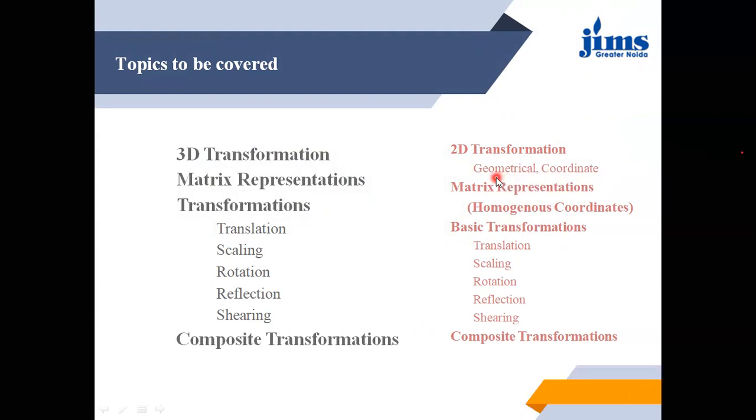Geometric transformation is a transformation where the object remains fixed and the background of the object is going to be changed, whereas in coordinate transformation the background of the object remains the same and the coordinate of the object is going to be changed. Then we discuss the matrix representation, that is how we can represent the object in the